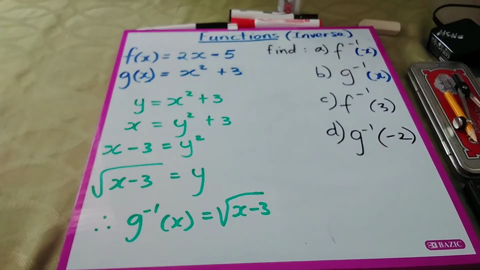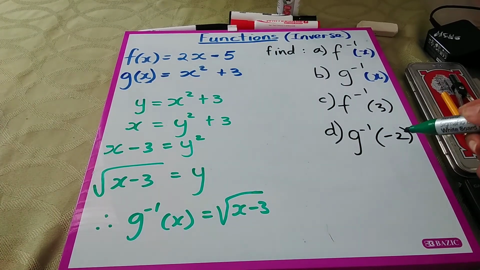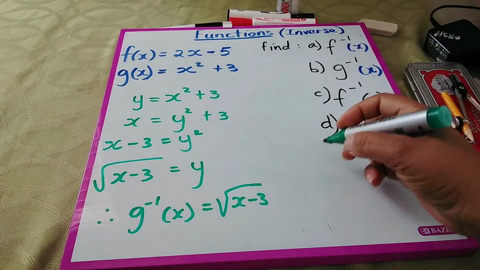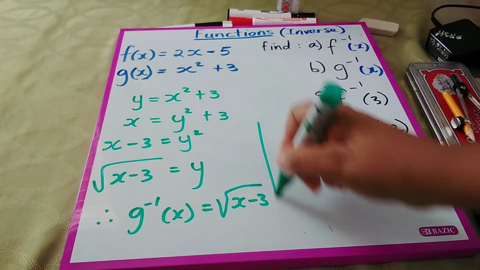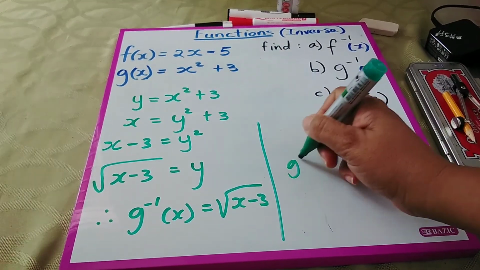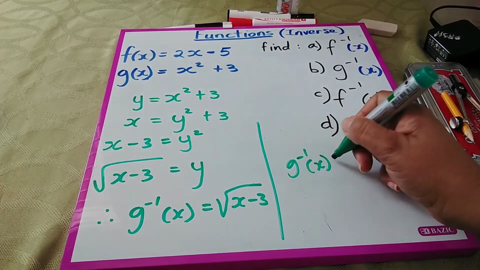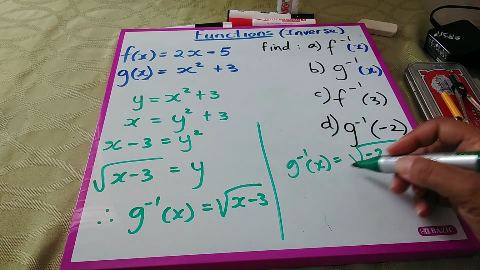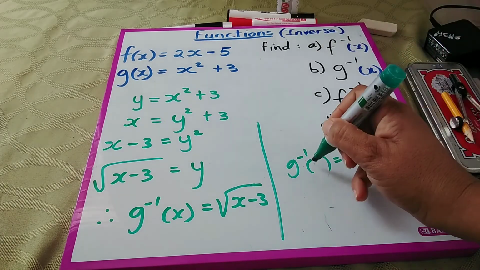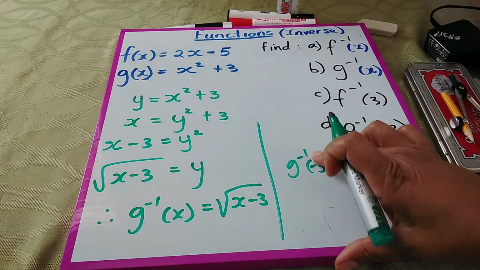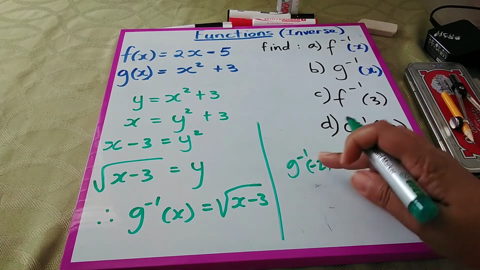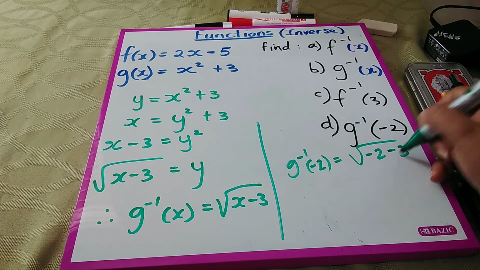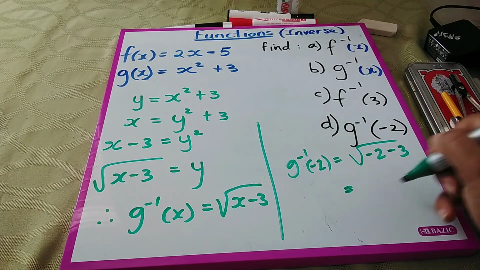Now, we want to find the value at -2. So I will just substitute it in the formula. So we have -2, where you see x, in the formula, we put the -2. So this is equal to square root